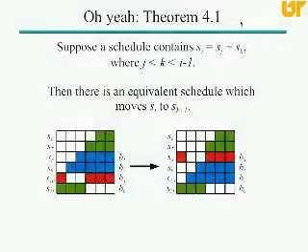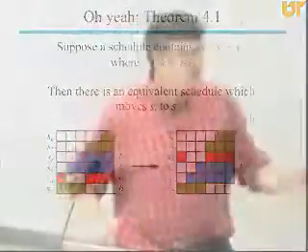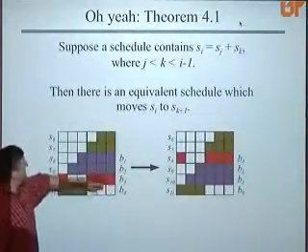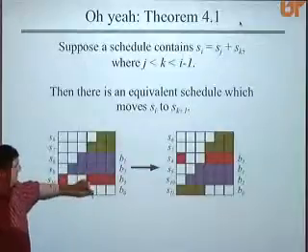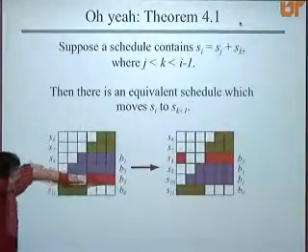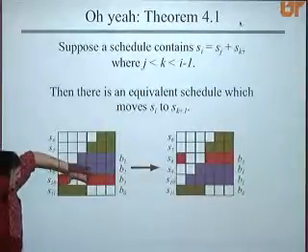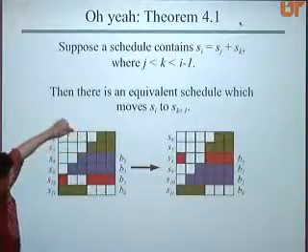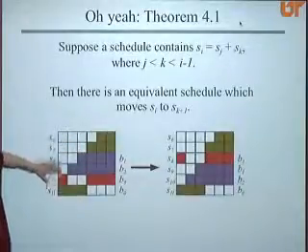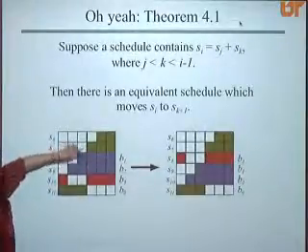Okay, there's also another one. I've got the framework, so let me write a theorem, and I like writing theorems because I can put little boxes after them. It makes me feel smart. This theorem says, if I'm going to do an XOR anyway, and let's just say, here's a schedule. This is the sum of this row and the data. I can move it right after this row.